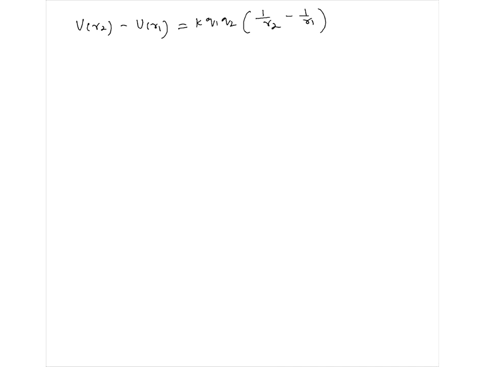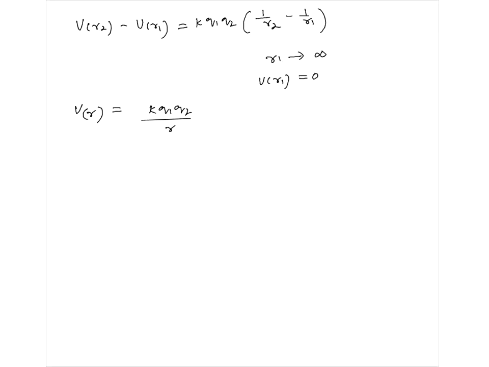Let us say when R1 is infinity, U is 0. Let R2 be R. So that's the formula for potential energy